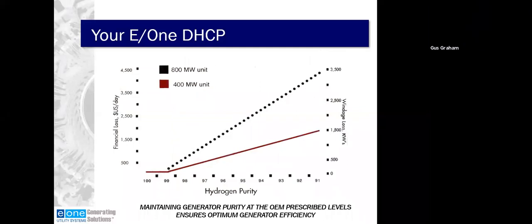We mentioned the role that the DHCP plays in efficiency on the prior slide. On the screen in front of you is an example of a study that was conducted some years ago. Now, this study was conducted on a coal-fired generating plant. So the exact figures on the screen may not apply to your generator today. But what's important to note here is the impact that low purity has on the losses in the form of kilowatts of energy that are converted to heat,